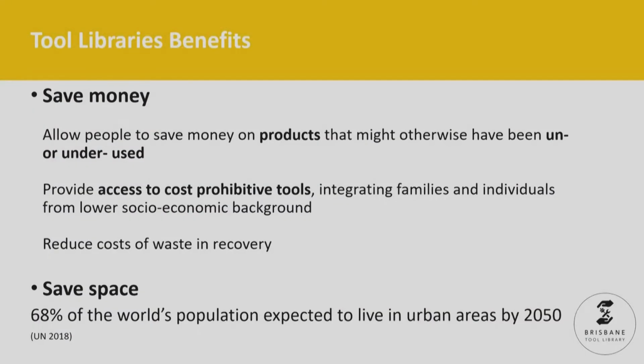We help people saving money. So often those items are underutilized or underused. For example, a Christmas tree that sits in your houses for maybe 11 months. You can just borrow it from a tool library. But also we try to save money on those cost prohibitive items. So we have items that cost up to $600, and you might need them for a one-off job. So if you can just access them, that is more convenient. And obviously that also reduces the cost to, in this case, the Brisbane City Council of